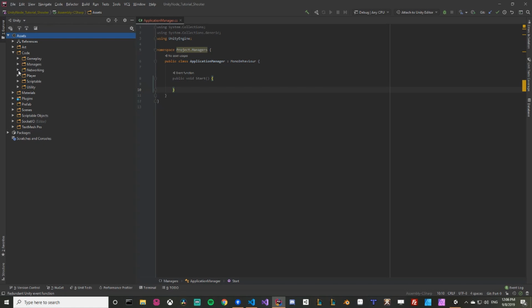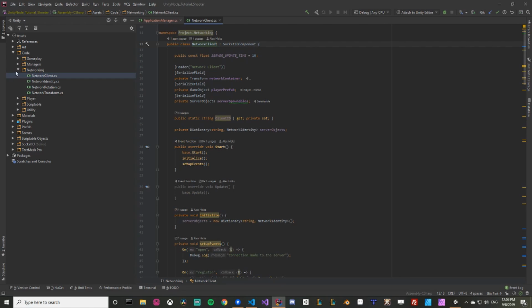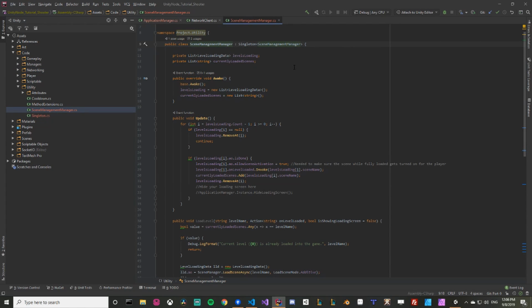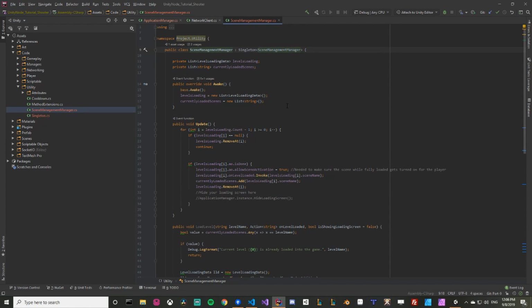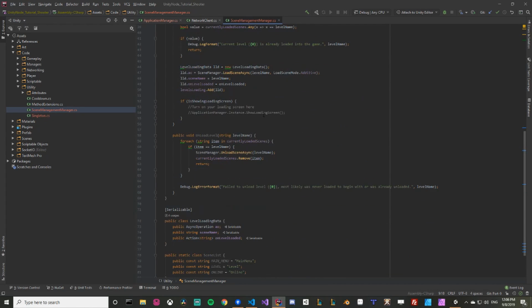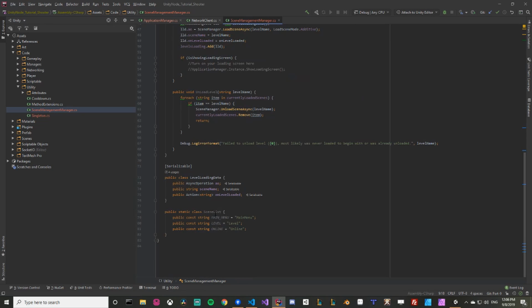We are going to open up our network client. We're going to need the network client, and we're going to need the new utility for the scene manager here. Okay, cool. So after following the scene manager tutorial, this is the script you get. At the bottom I added a scene list here, and so we're actually going to